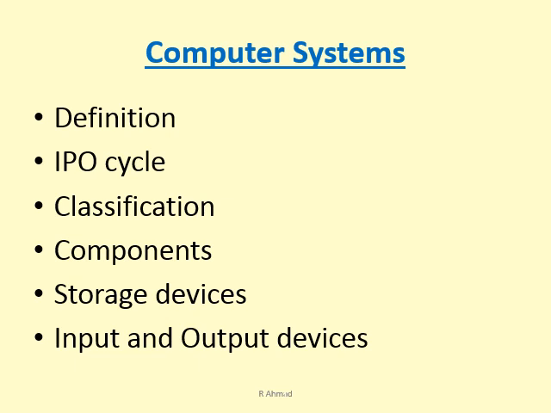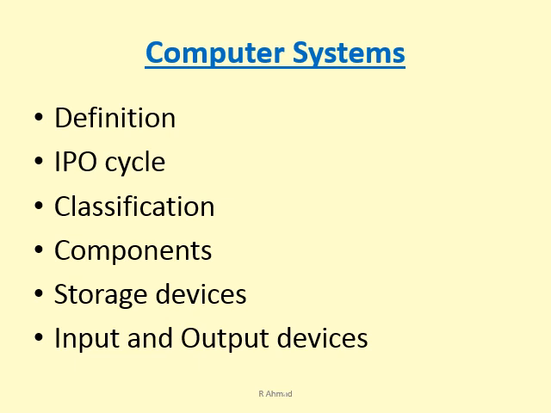When you are asked to define a computer system or a computer, you can simply say it is an electronic device which has the capacity to accept any input, process it, and then give out some meaningful result. If any device is performing this basic activity, then you can call it a computer system.